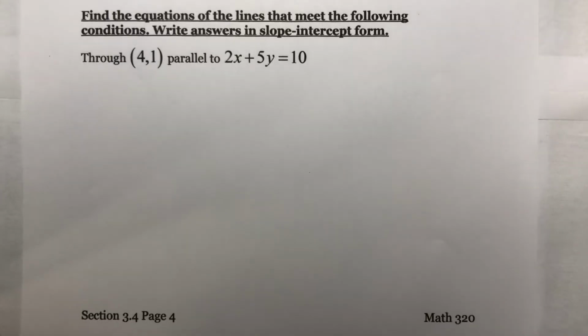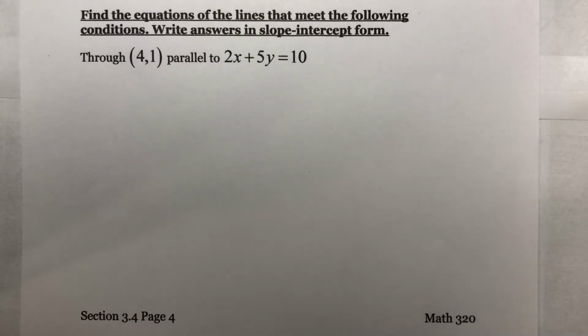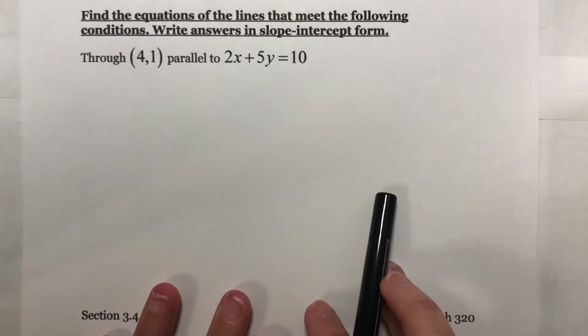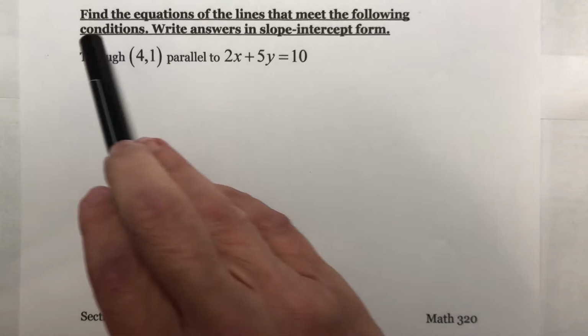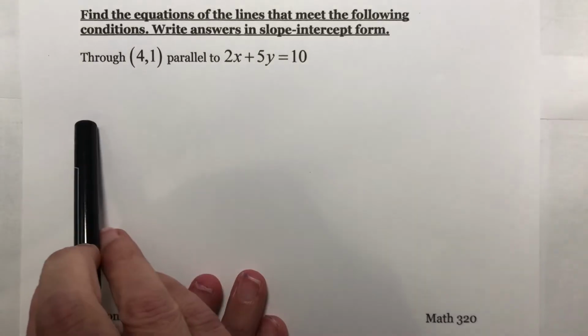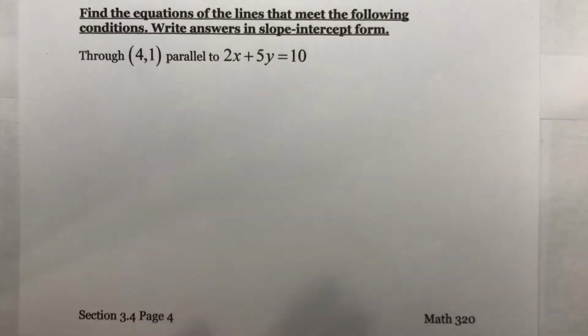This is sections 3.4 and 3.5. This is part 6. We've been writing equations of lines that meet certain conditions. And we have said that if you're not given a slope, you will be given enough information to find the slope. All right, we want to find the equation of the line that meets the following conditions and write answers